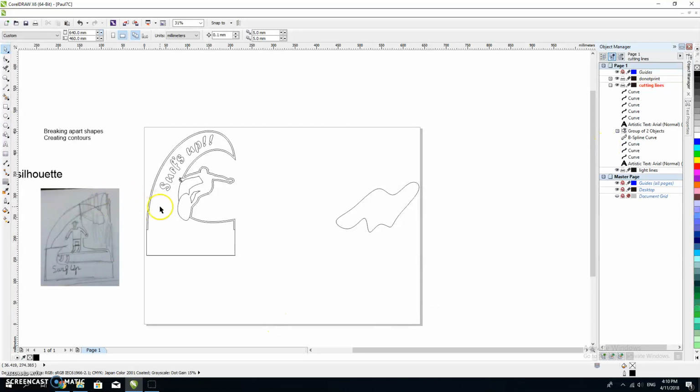Okay, I'm going to stop here and I'm going to let you have a play with this. I'm going to get you to play with breaking apart shapes and creating contours. Okay, and you should be able to create something like that. Okay, where